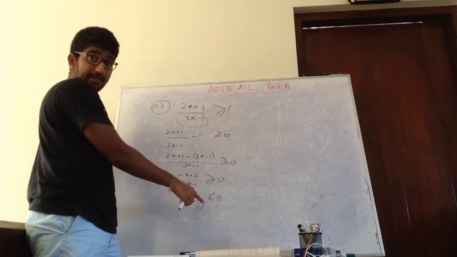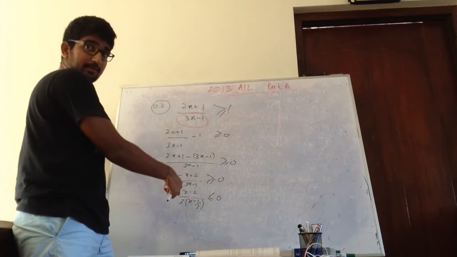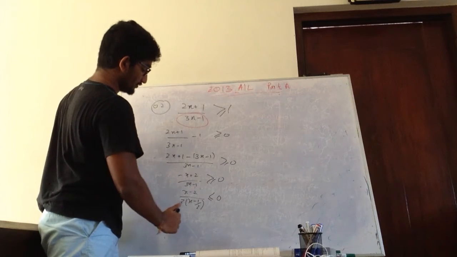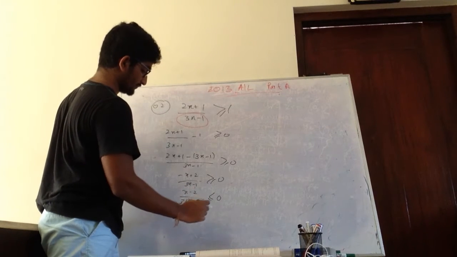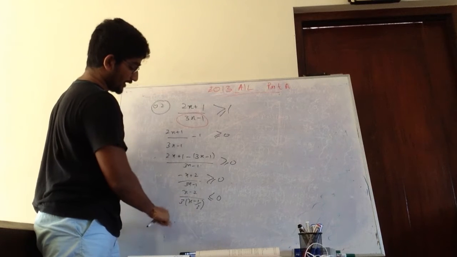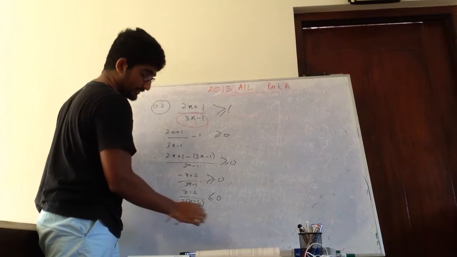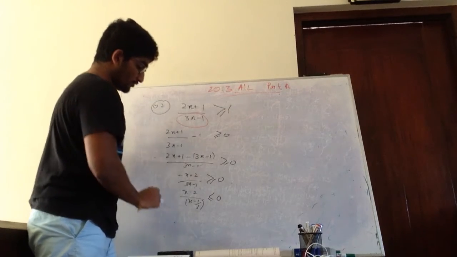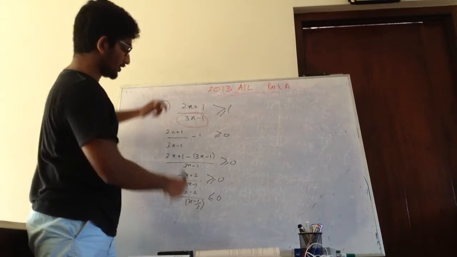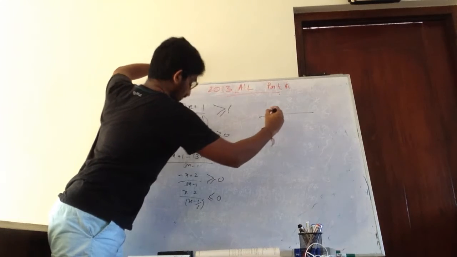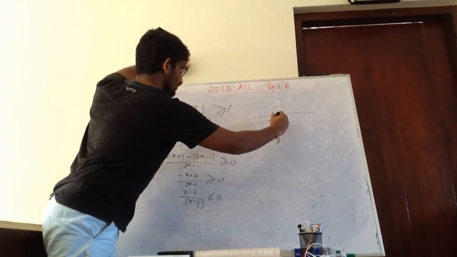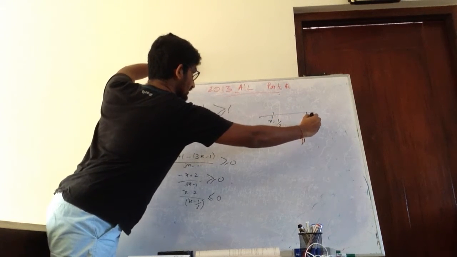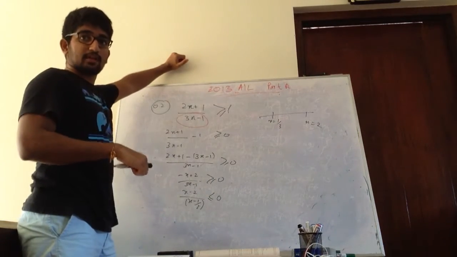So the sign changes because I multiplied by minus, right? So then basically I don't need 3 as well, so I can actually eliminate this 3 as well. Right. So now what you have to do is evaluate. Now x equals 1 over 3, x equals 2. You have to do this and show.